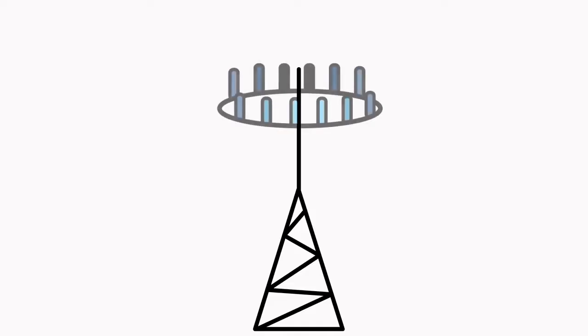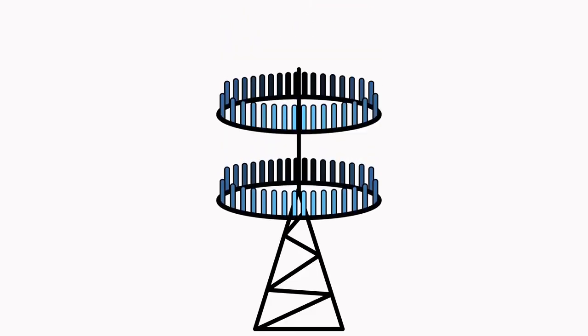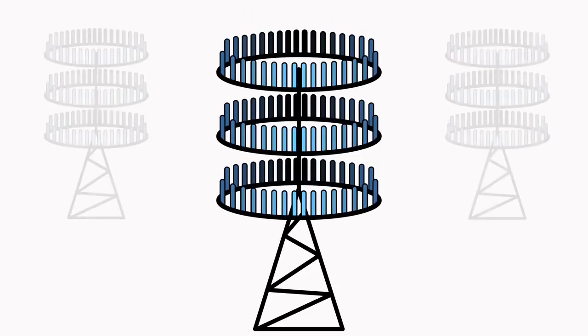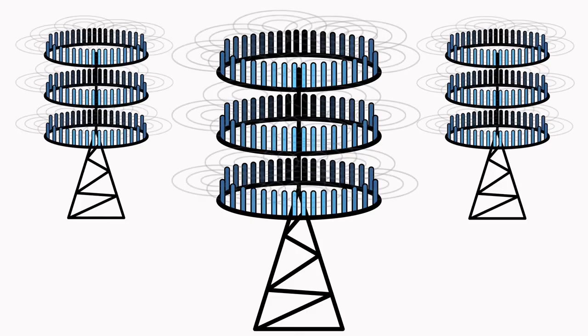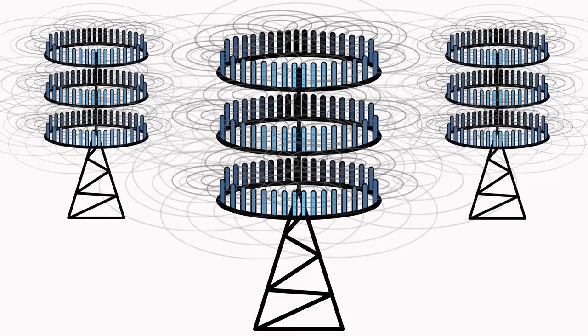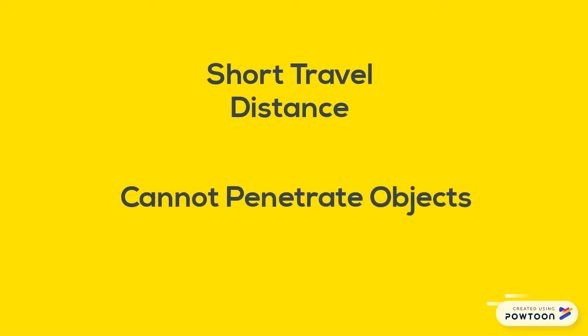While standard MIMO tends to have 2 to 4 antennas and support few devices, massive MIMO is intended for application on a larger scale, usually involving several hundreds of devices, because massive MIMO comprises about 100 or more antennas within a small area, and these antennas operate on a higher radio frequency band and are utilized to reduce interference and traffic congestion. These frequencies can only travel over a short distance and cannot penetrate solid objects like buildings or